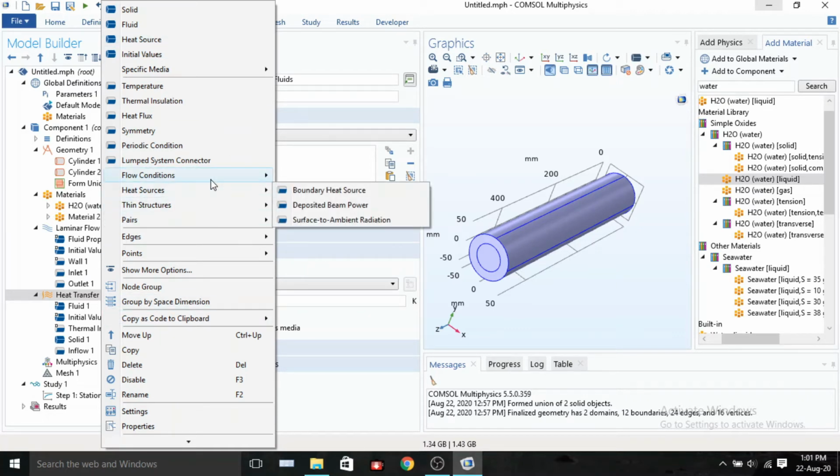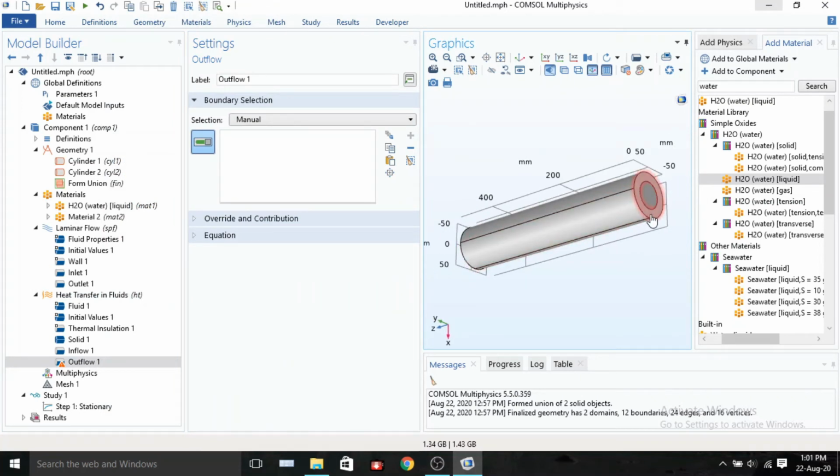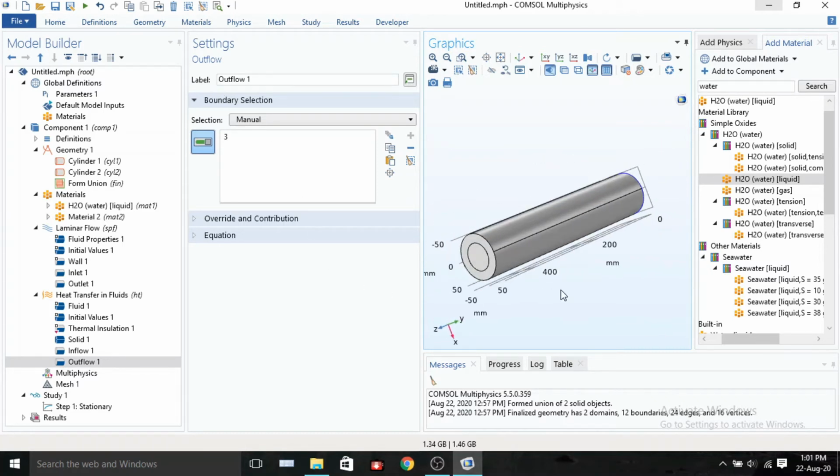Again go to flow condition and outflow and just choose the side that we used as outlet. Now all the boundary conditions are done.